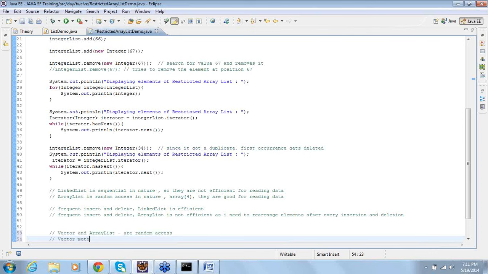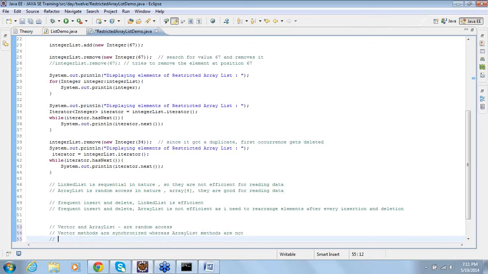Vector methods are synchronized. I cannot say anything beyond this, because in order to understand synchronized, we need to understand threads. Vector methods are synchronized, whereas array list methods are not. And for vector, there will be an initial capacity. For vector, initial capacity is 10. That is, initial capacity is 10 in the sense it can accommodate 10 elements, but the moment it reaches the